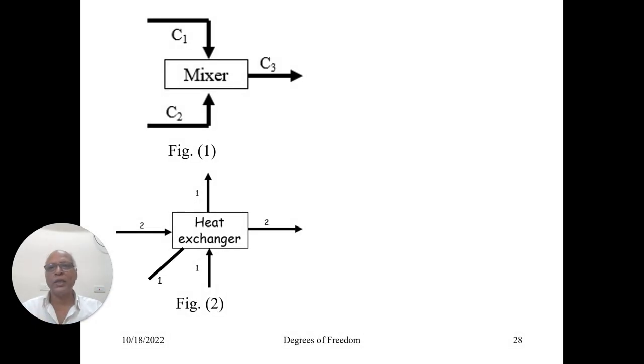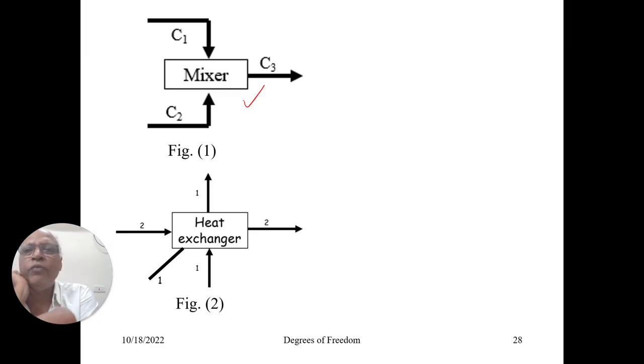Before I conclude the session, let me take 2 examples and try to find out the number of degrees of freedom. See, it doesn't mean that every stream will have exactly the same number of components. This C1 could be 1, C2 could be 2, C3 will be 3, right? Or C2 will be 2 if the same component is repeated. So what do you think is the number of degrees of freedom for this? How many variables must you be able to define?